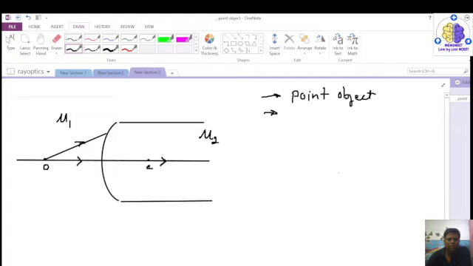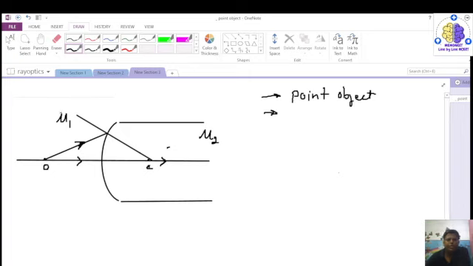This is the incident ray. So if we draw a line like this, this line will be acting as the normal. Then since